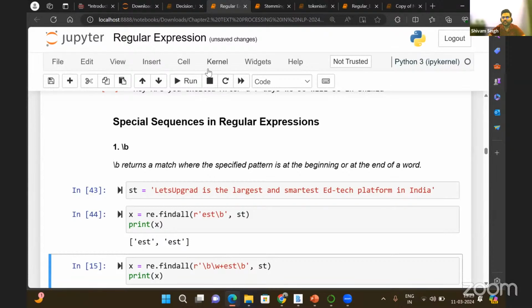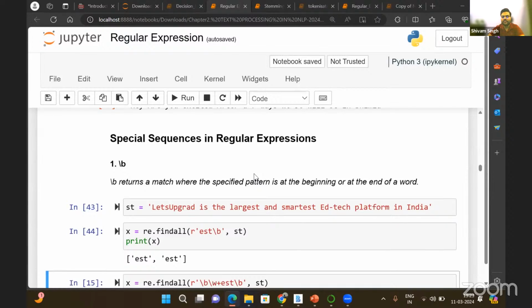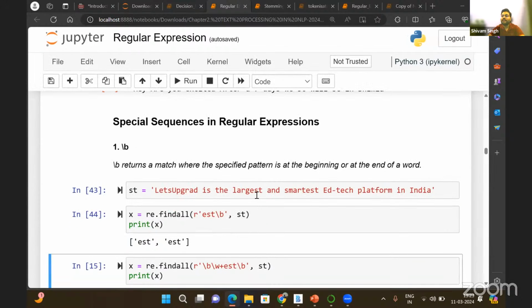Okay, this is the first thing, guys, which you can do. And the second thing, guys, is if you want to print that word. Because over here this is just a single sentence, but I told you that we are going to work on a data set which may contain so many such sentences. It can contain maybe 100 sentences, 1,000 sentences, anything. Now if I want to print all those words which end with est,